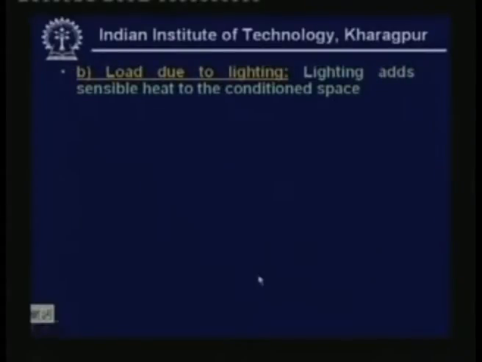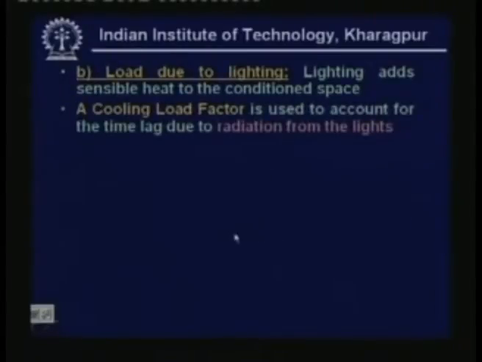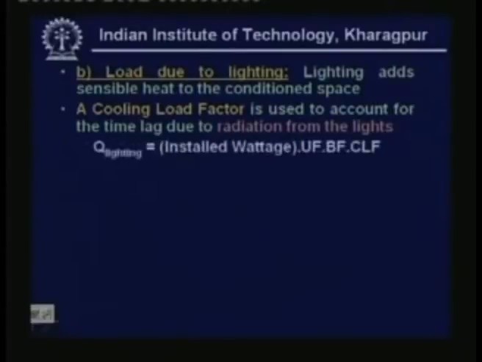Lighting adds sensible heat to the conditioned space, and we know very well that the heat added by lighting is mainly, if it is an incandescent lamp, in the form of radiation. So again you have to use a cooling load factor. A cooling load factor is used to account for the time lag due to radiation from the lights, and the total heat transfer rate due to lighting is given by this expression: Q lighting